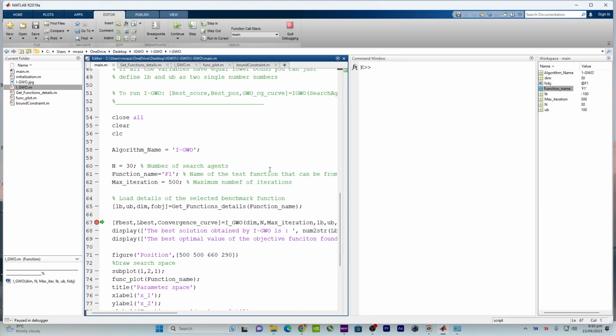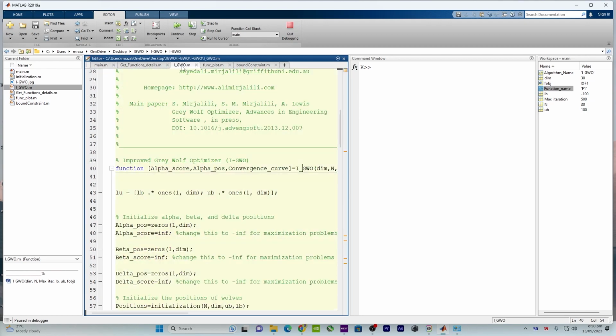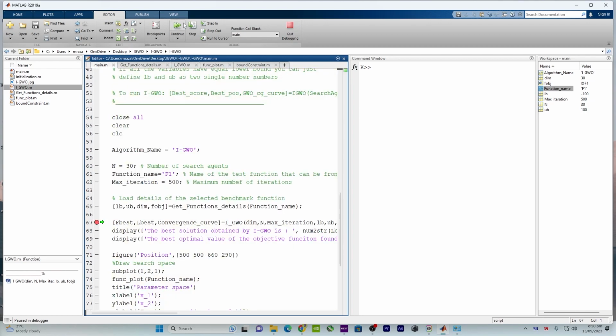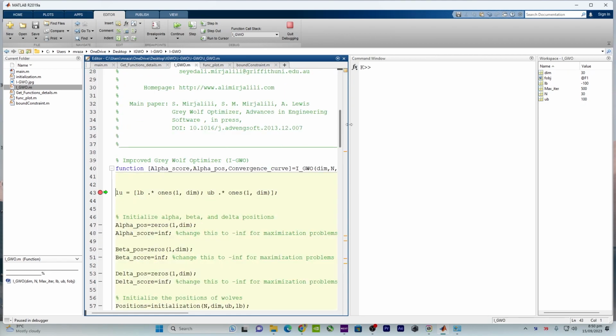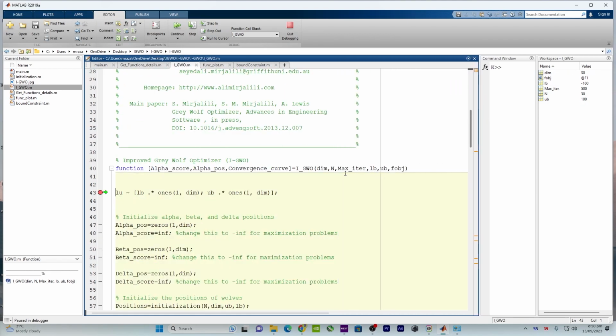So we are here up to this point. Let me click on step. Okay, and after that here you can see that it's I underscore. So now let me click on step, and now we are into this file, and here are all our inputs which we have entered into this IGWO file. And here is some evaluation for our lower bound based on these details. Let me click on step,